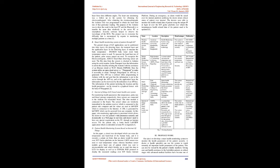Different papers used different applications and methods in IoT healthcare systems. The works are shown in the following. 1a. A wireless health monitoring system for patients. The project was to observe patients without having to be physically present at their bedside, be it in the hospital or in their